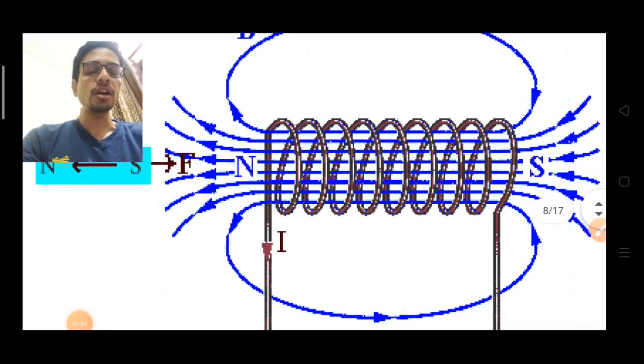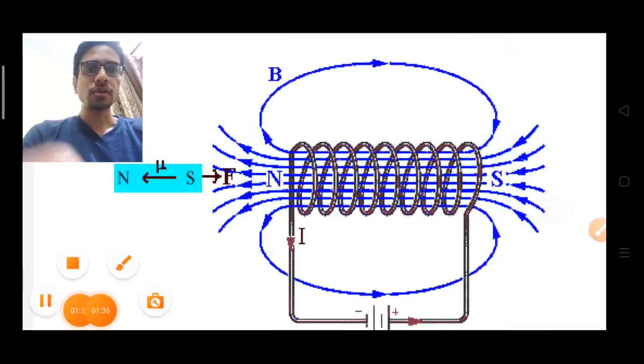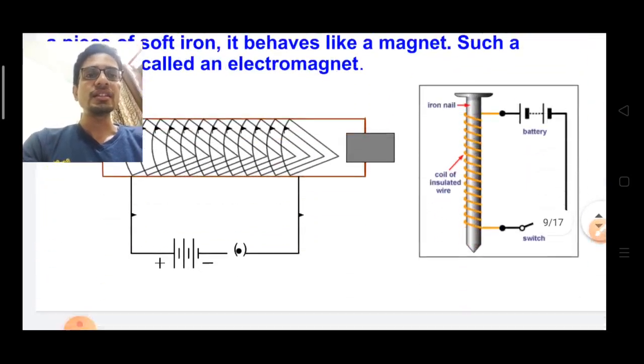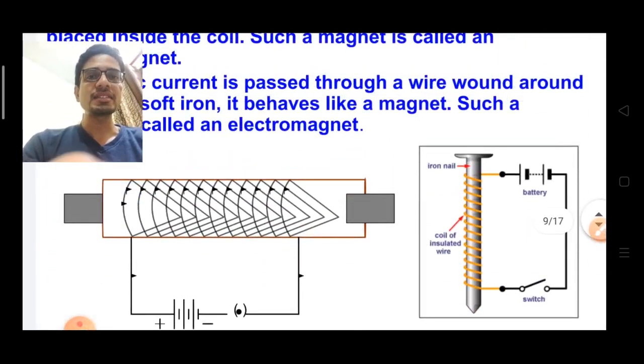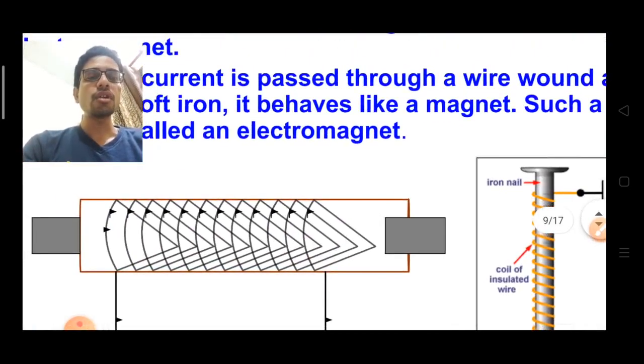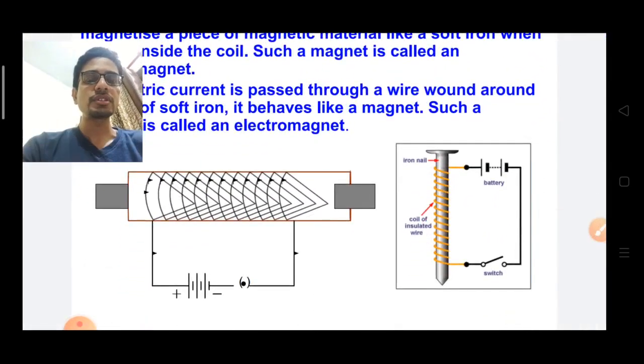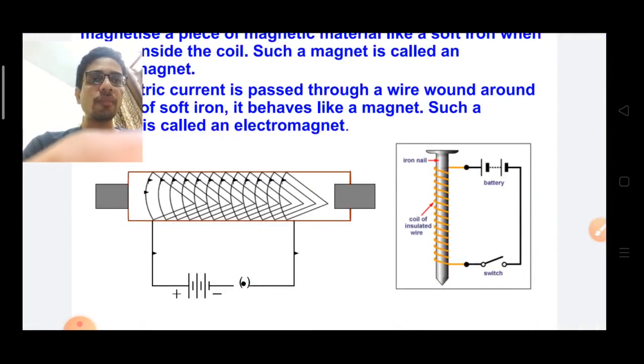An electromagnet is formed when you place an iron rod or another piece of magnetic material inside the coil. It means that if you place soft iron inside this solenoid,